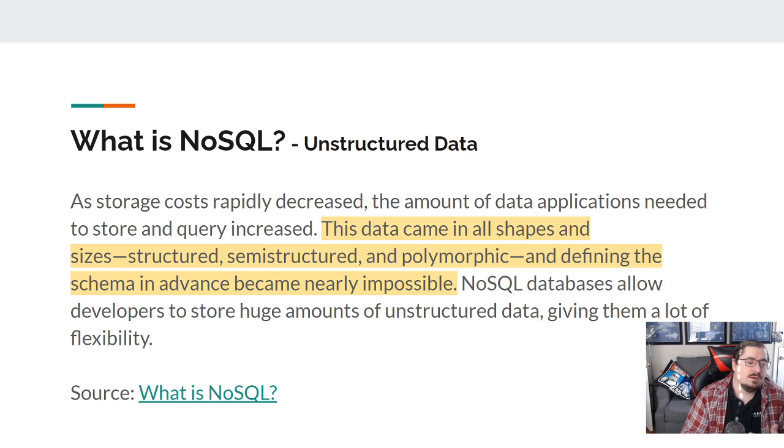So NoSQL databases really allow you to store huge amounts of unstructured data, and that gives you a lot of flexibility. That's really where they become helpful: A, you have lots of data, and B, it's maybe not strictly structured. A lot of places that comes in where you have hierarchies, a specific example where that comes out is oftentimes